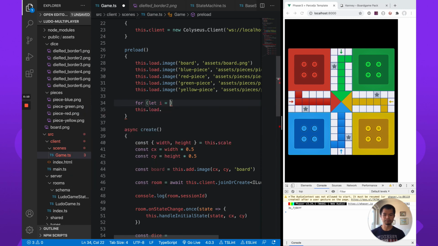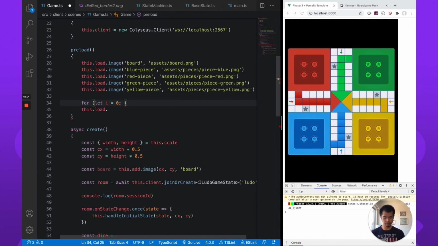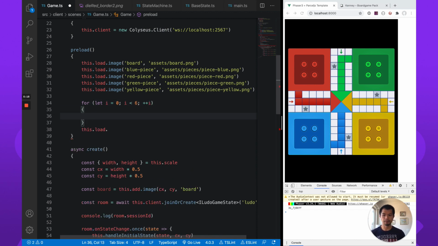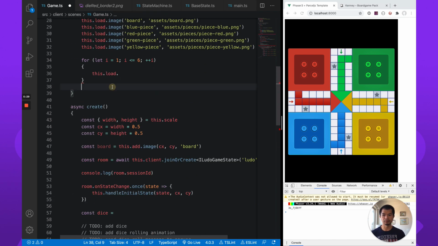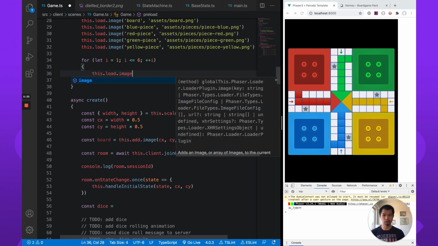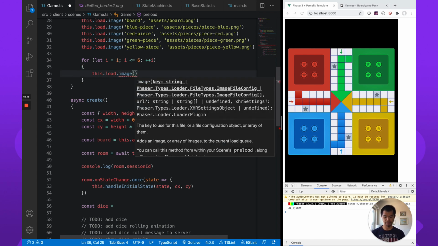So we could do a for loop here, I less than 6 plus I. We can also do, just for simplicity, we're staying at 1. We're going until we get to 6. This dot load, fast. This dot load dot image, and we're going to want to call this basically